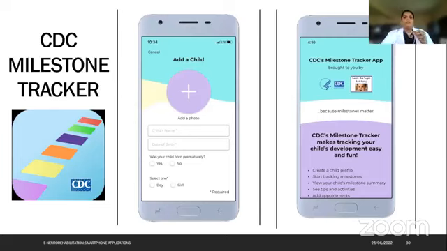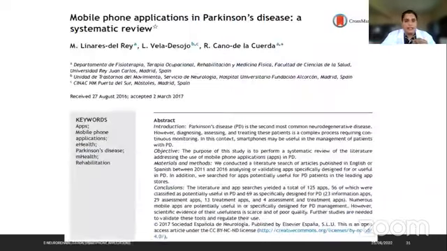So if we see, we have an information based app, we have exercise based apps, we have a facial paralysis exercise based app, we have cognitive training and cognitive assessment apps, then you have the milestone tracker. These are some of the smartphone applications that are used, and that can be used, at least the free versions, in patient rehabilitation.